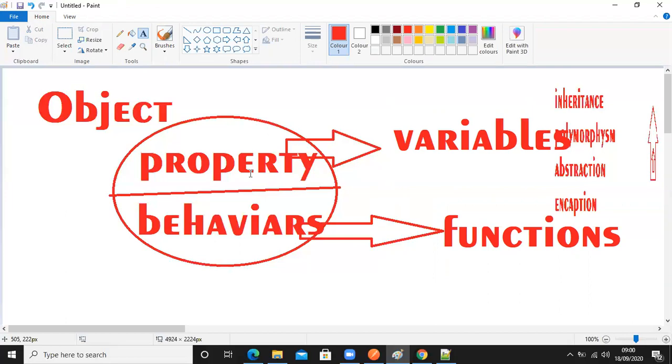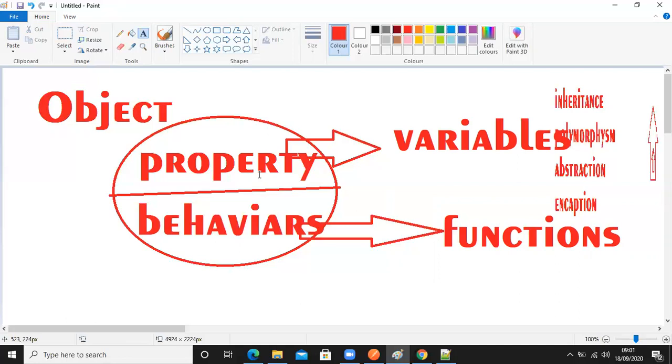What all things do you have now? Property and behavior. What are the properties? Variables. What will we call behaviors? Functions. Multiple functions will be there, hundreds of functions can be written. If that object has all the functions, everything will come.